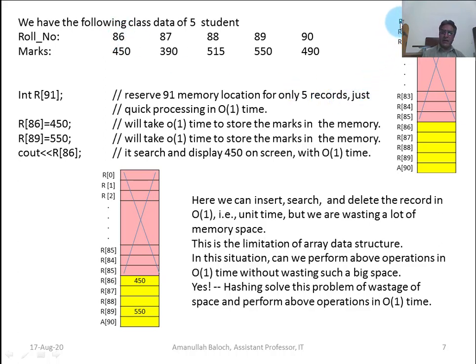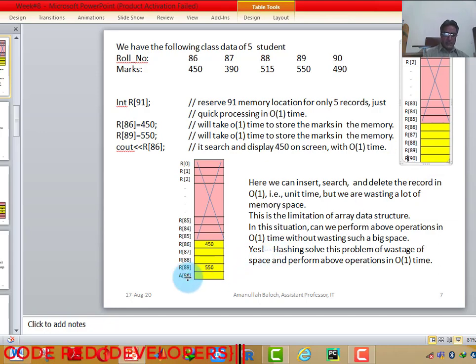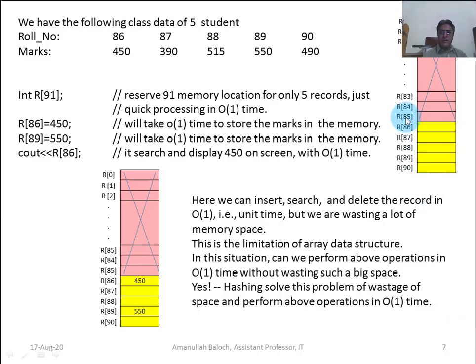Let's suppose R of 0 to R of 90, we have 91 array elements. We have 91 array elements for storing these 5 elements, because we want to store the value of a student